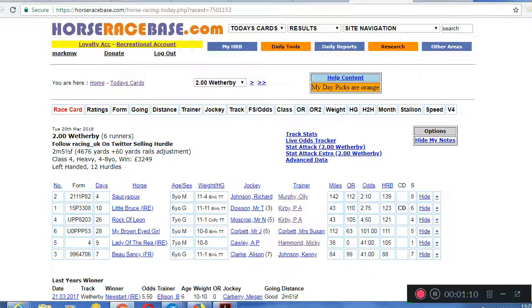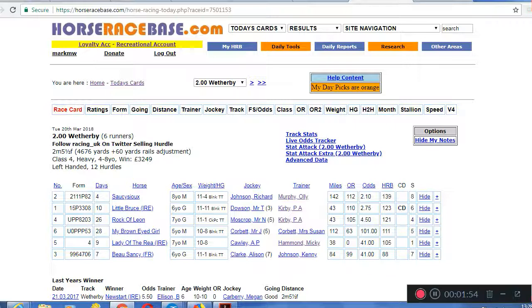So I use Horse Race Base, and I use it a massive amount each and every day, all day long. Not just for trading, but for betting purposes as well. And I've got a few systems that I like to operate. I'm not affiliated to Horse Race Base in any way, but it's cheap. I think it might cost £10 or £15 per month, but the amount of money you'll win from the information you get from using Horse Race Base far outweighs the cost